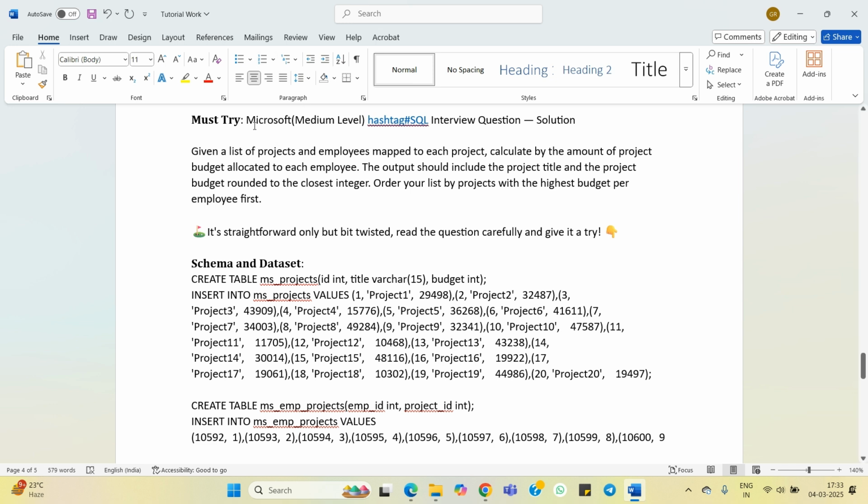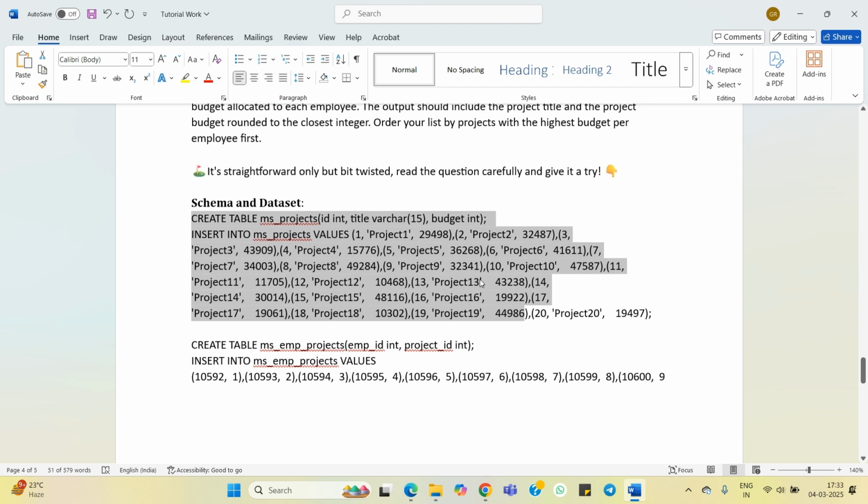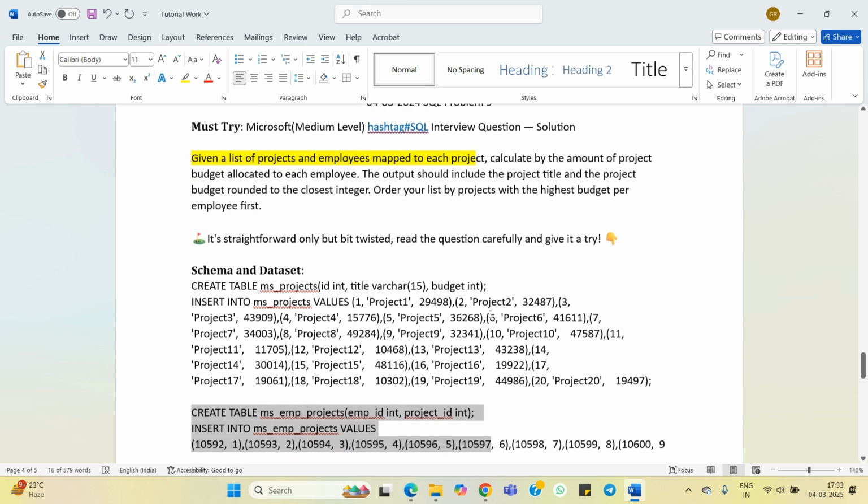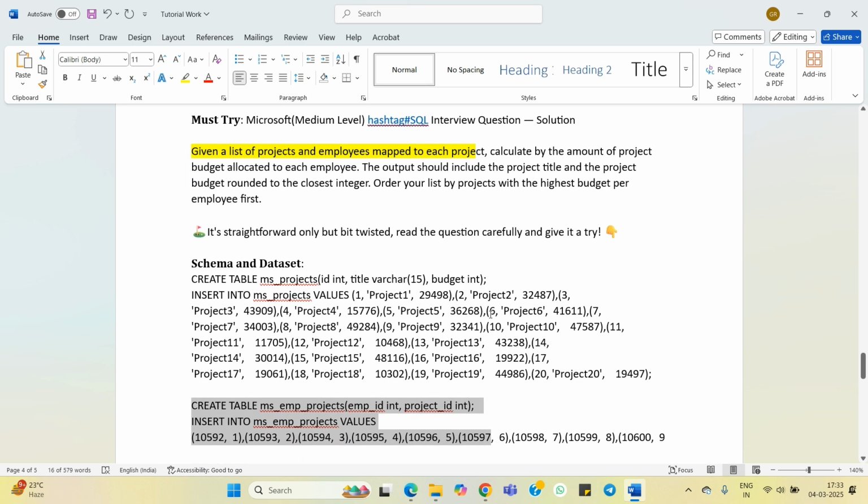And in this session we will solve a Microsoft interview question. It is not very hard, it is a medium level question. In this SQL problem we are given a list of projects and employees mapped to each project. The list of projects might be this data set and the employees mapped to each project might be this data set. So I have created the tables and